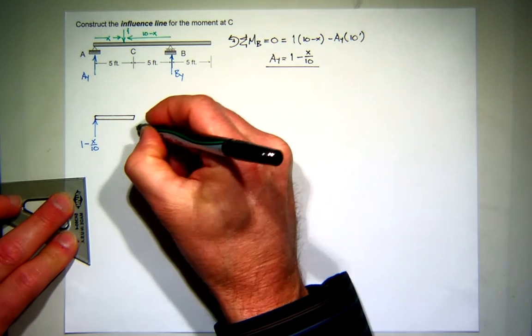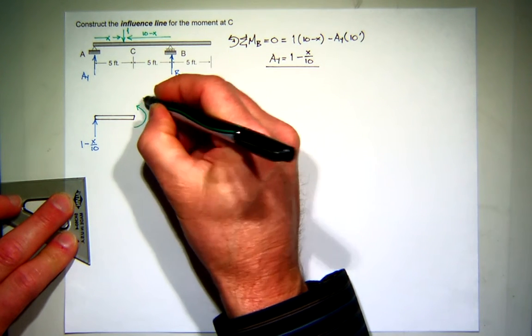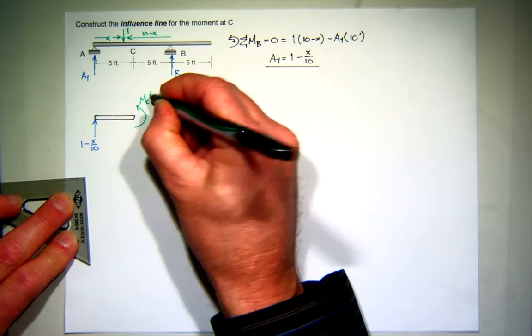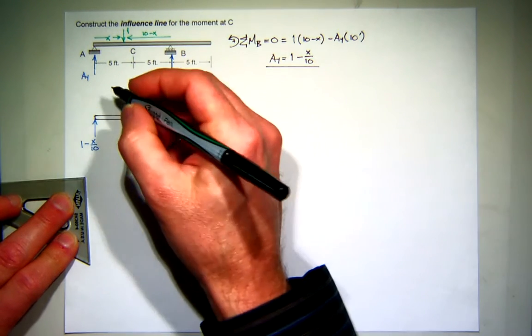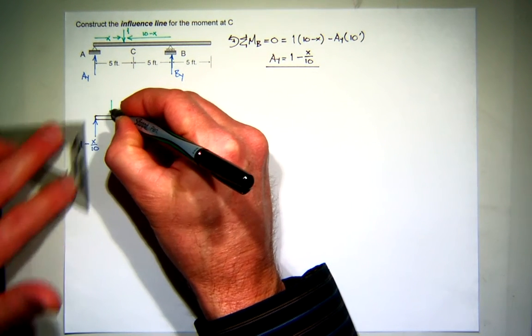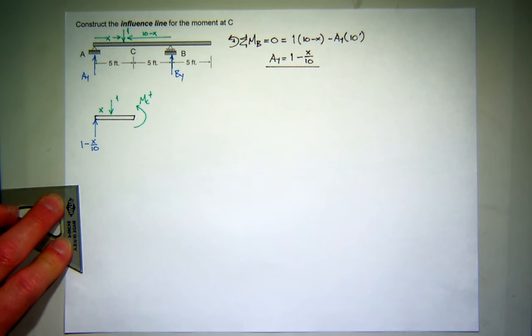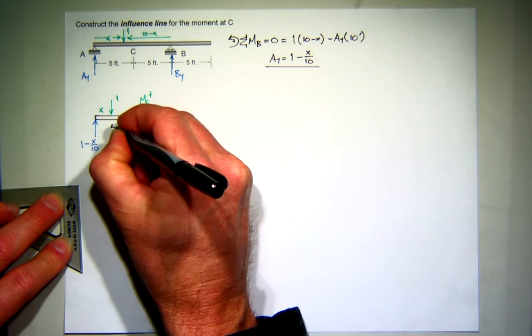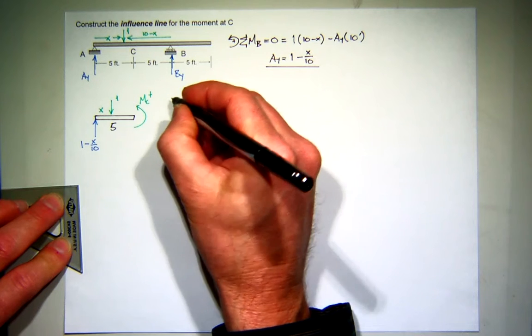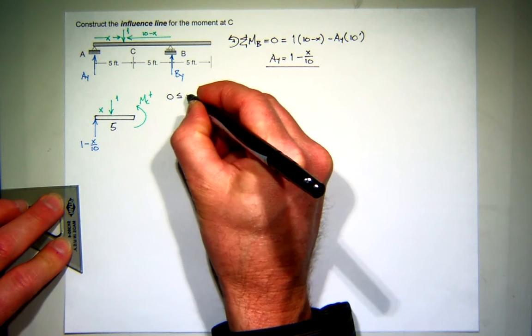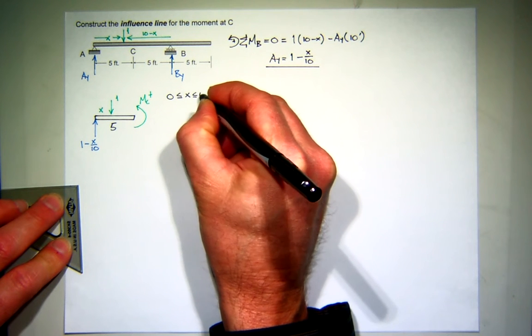I'm looking for the moment at C, so I'll assume positive bending moment at C. And I'll go ahead and in this case, I'll look for the unit load operating on that free body. Oh, I forgot the dimension here. This is 5. So this one will be good when the position of the unit load is between 0 and